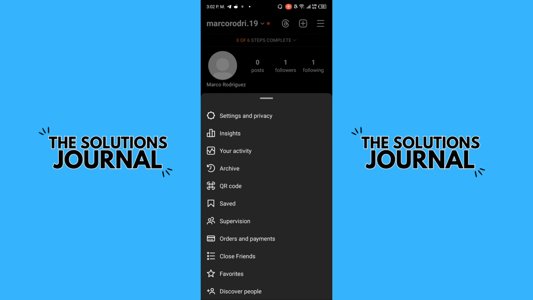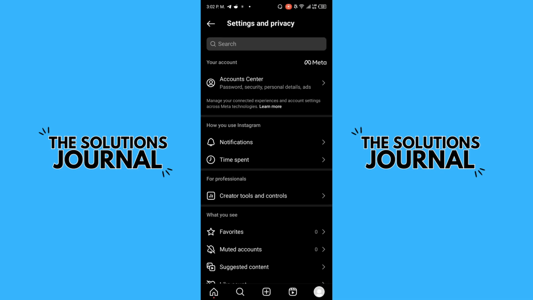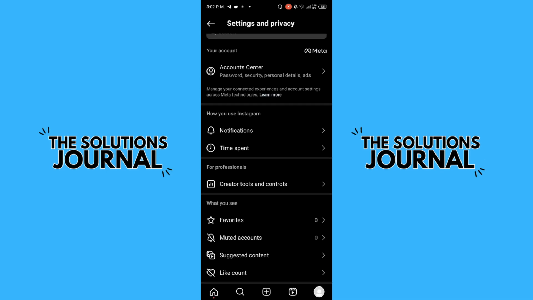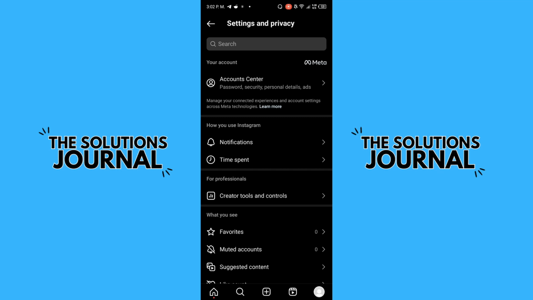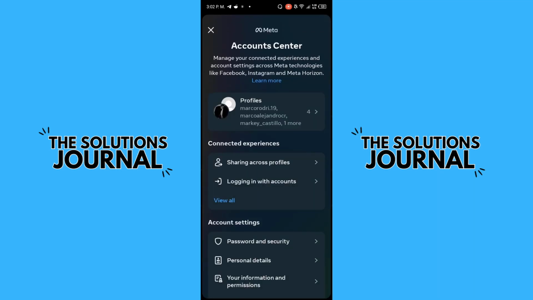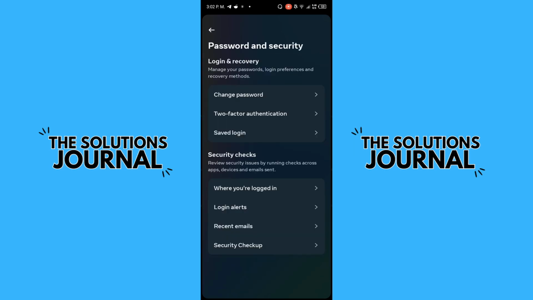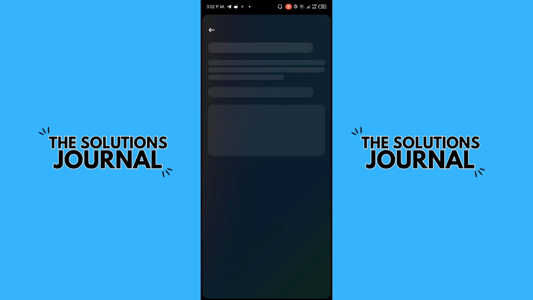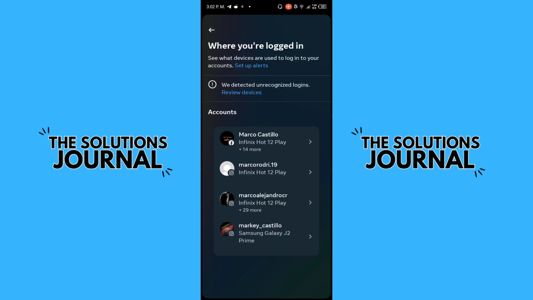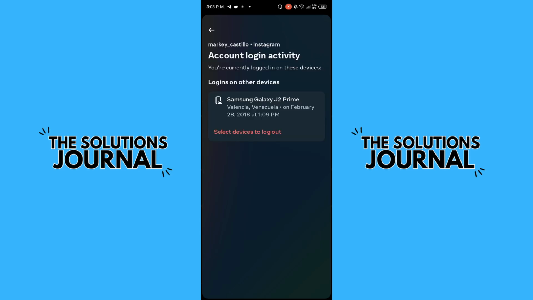The first thing we need to do is go to settings and privacy, and now we go to the account center and we pick password and security. Now we pick where you're logging in, and now we got the accounts, our accounts, and we pick here, for example, and now we know how many